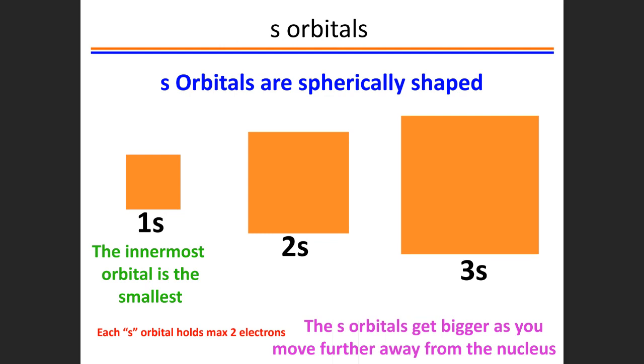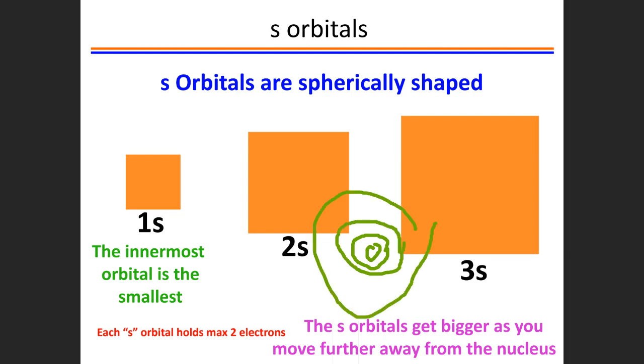Here the orbitals get bigger as you move further away from the nucleus. And as I said, it actually looks like an onion. If we cut the onion in the center or middle, we look into it in a similar way. As I said, in the first shell we have a maximum of 2 electrons. See, each s orbital holds a maximum of 2 electrons. Now go back to